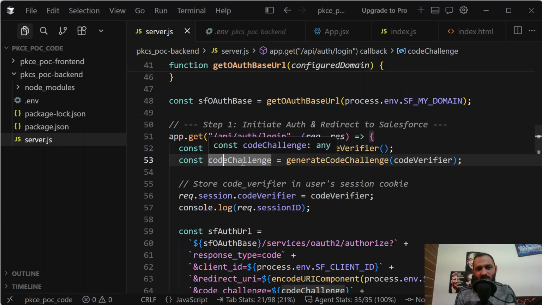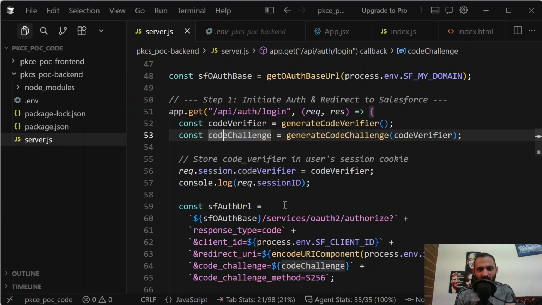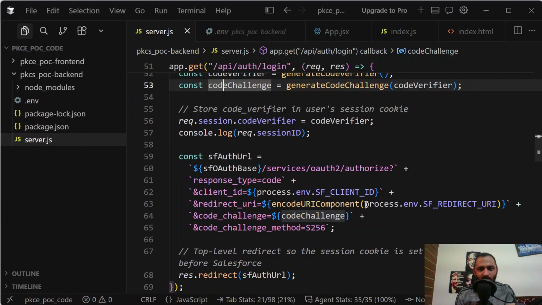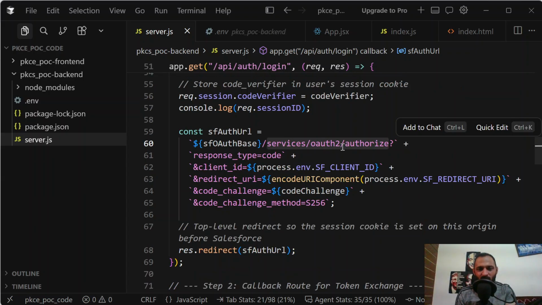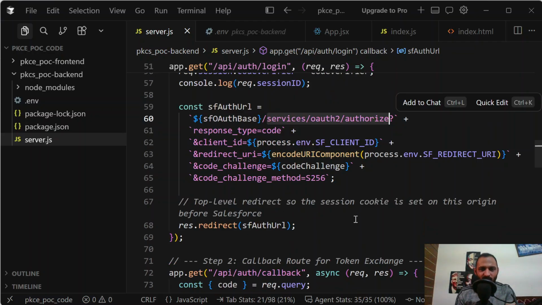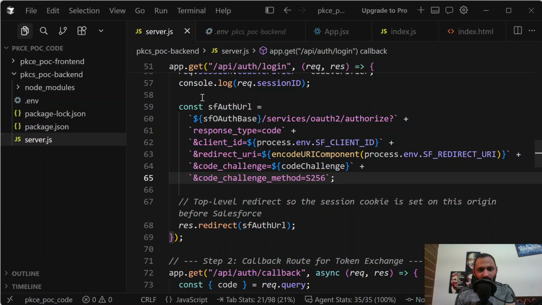So this code challenge is the challenge which I am going to send to Salesforce while sending the request for the authorization code. Okay, so this is the URL provided by Salesforce for giving me an authorization code. Okay, so obviously using the end user credentials only,